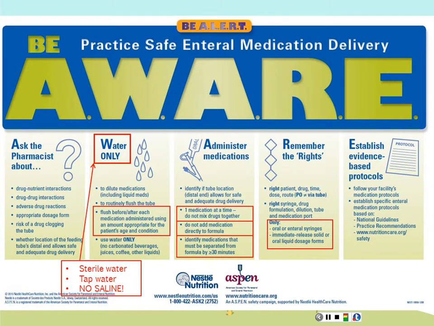And then you don't want to add medication directly to the formula. This is important when working with enteral tubes or when feeding a patient orally through a bottle or a cup. You only want to use the smallest volume necessary to give that medication. So if we're having to mix a medication with something, about 2 to 3 mLs generally, if you've got 5 pills or something like that, you may need to use more or use warm water, not hot, to help dissolve it